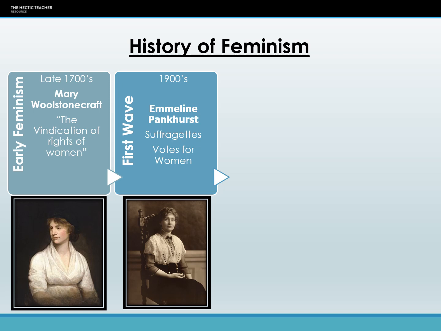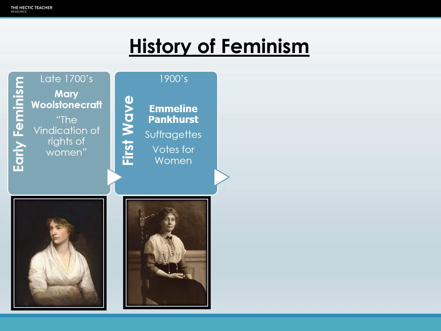They're the ones who were chaining themselves to fences, hunger strikes in prison, running out underneath the king's horse and carriages and things like that. They had the same goal. Both groups had the same goal. They wanted political rights for women. Now, we hear more about the radical feminists and the suffragettes because they were making a lot of noise. They encouraged media responses to their campaigns.